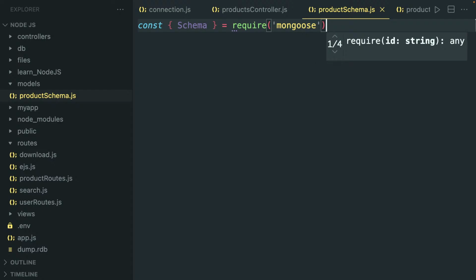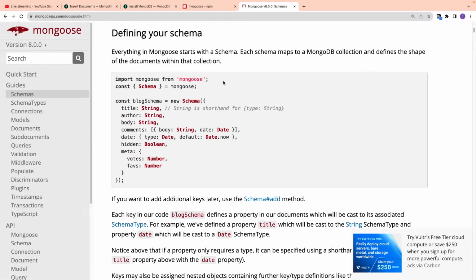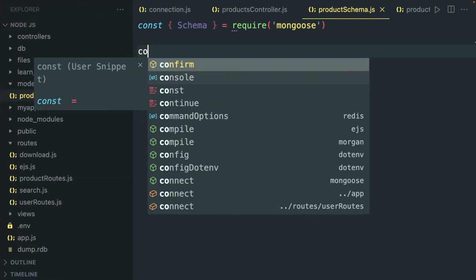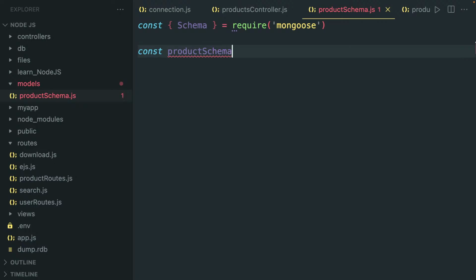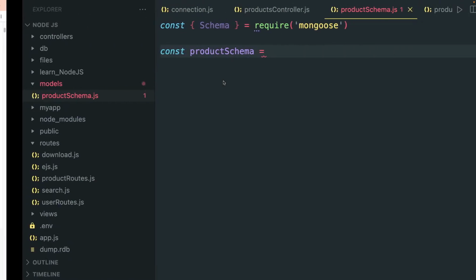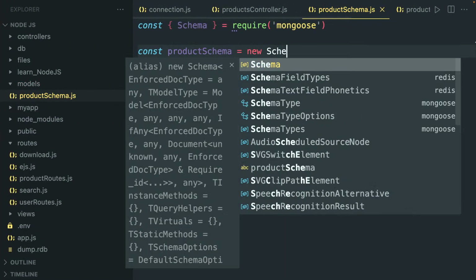So we have imported Schema from Mongoose. Then we can now use the Schema. We will write productSchema, then inside this a new Schema,